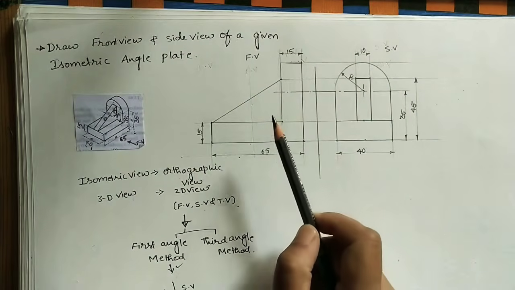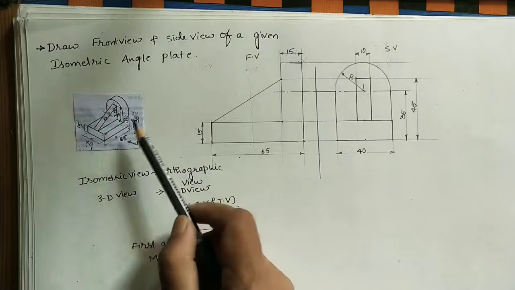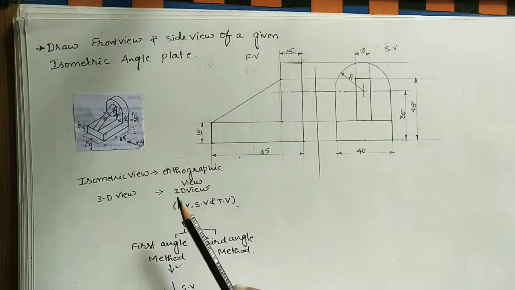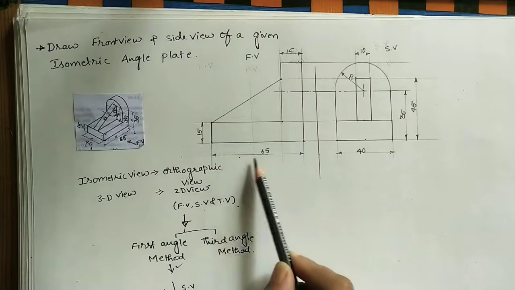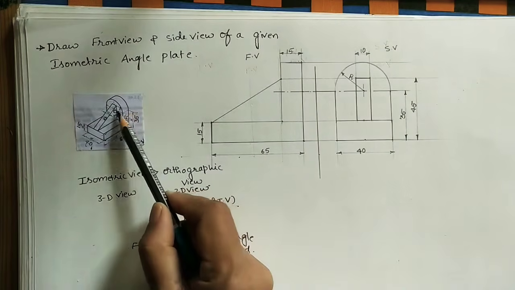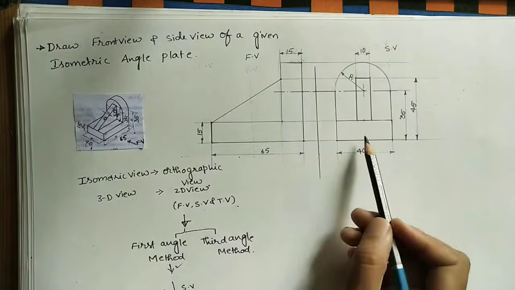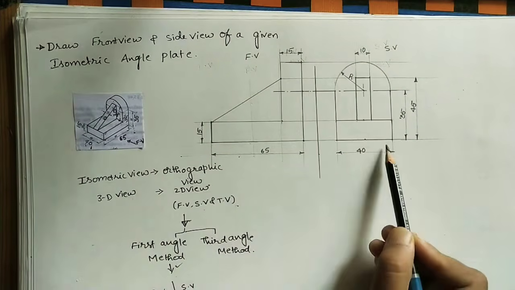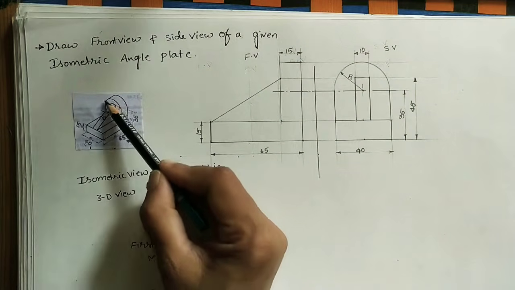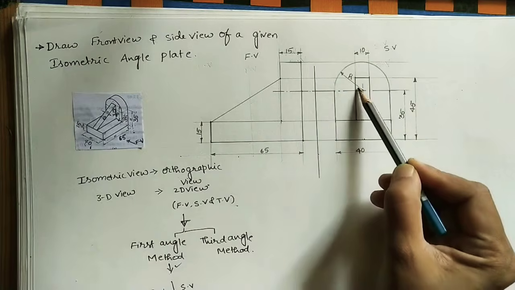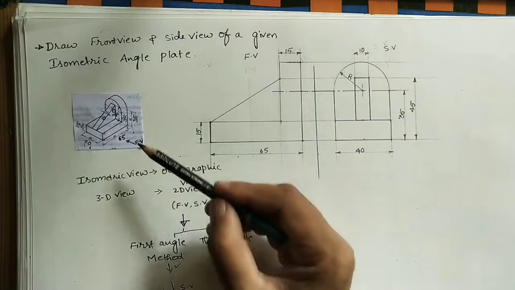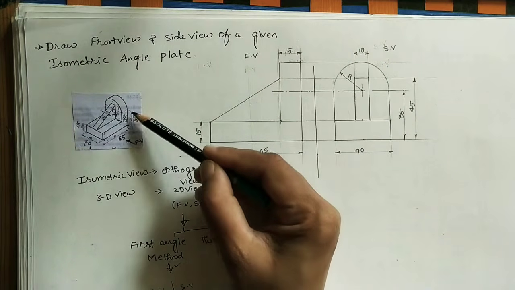After drawing these diagrams, mark the given dimensions. Whatever dimensions are there, mark some dimensions in the front view, the remaining dimensions in the side view. Take this width is 65 mm here. The dimension line is always parallel to this line, and this thickness is 15 mm, mark here, and this thickness is also 15 mm, mark here. In the side view this width is 40 mm, and this thickness is 10 mm, mark here, and this is the radius, it is 20. You take one arrow, you can mark R or you can take 20 mm here, and mark this side 35 mm from bottom to the axis line.